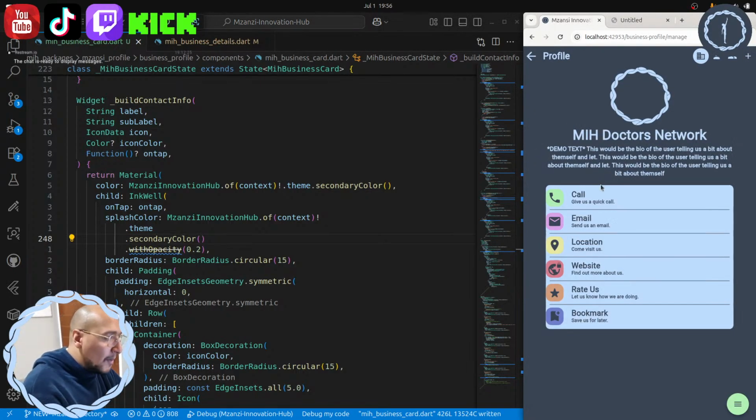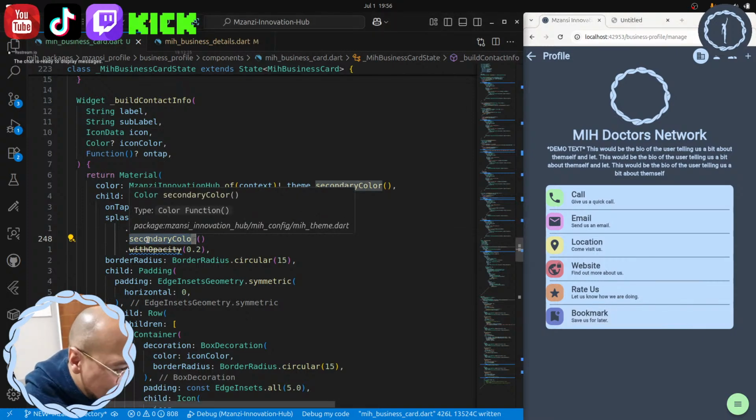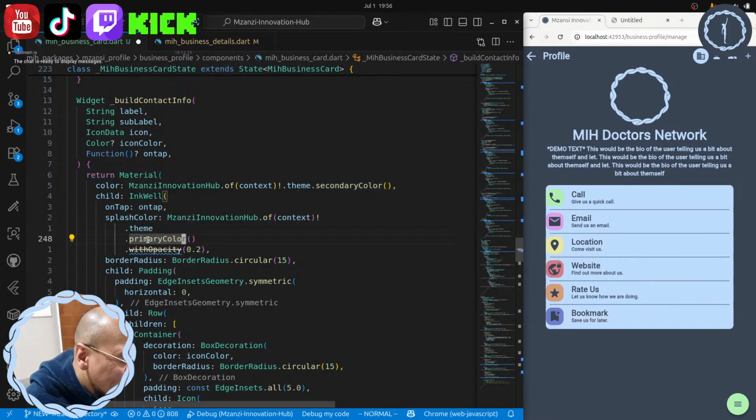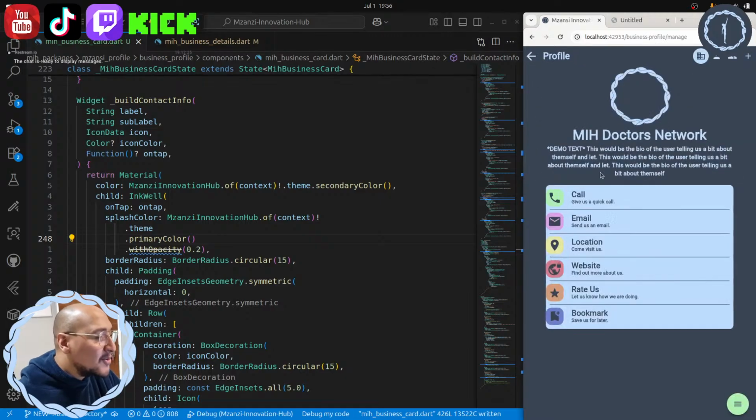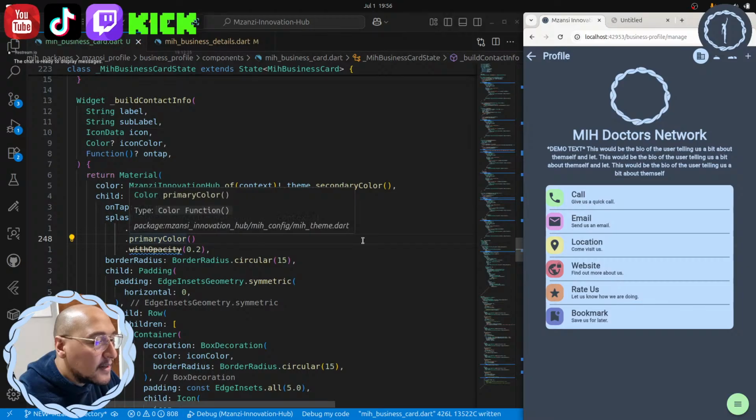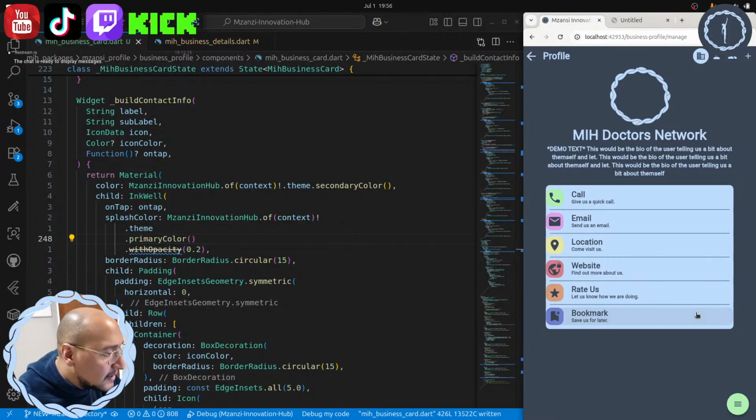So if we head back over to the business profile, click on bookmark. Okay, nothing's happening. Let's change it back to primary. Nice. Back to primary color. We'll go back there and we'll work off that one now. I know there's a way to have a darker shade of our secondary color, but